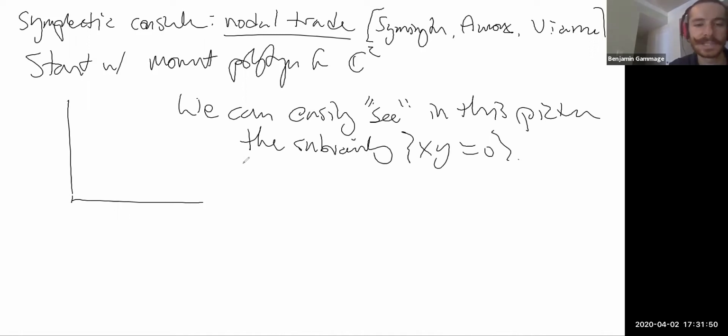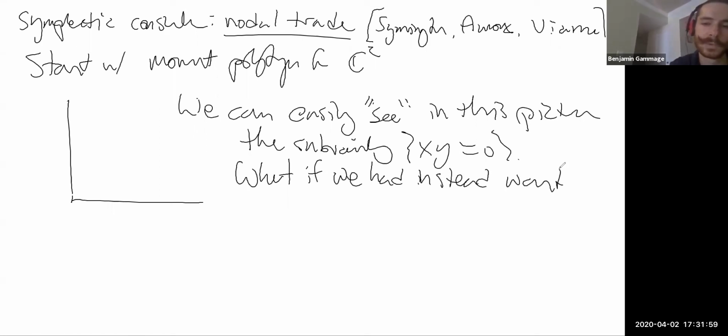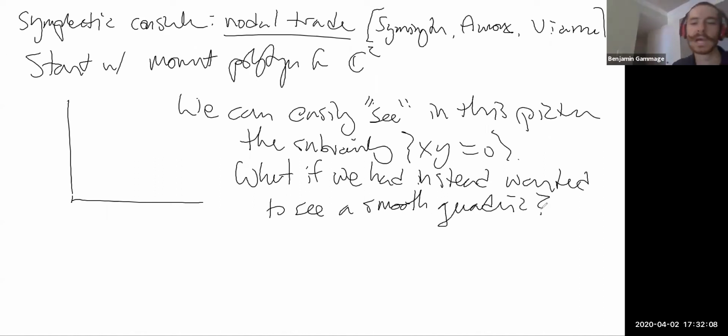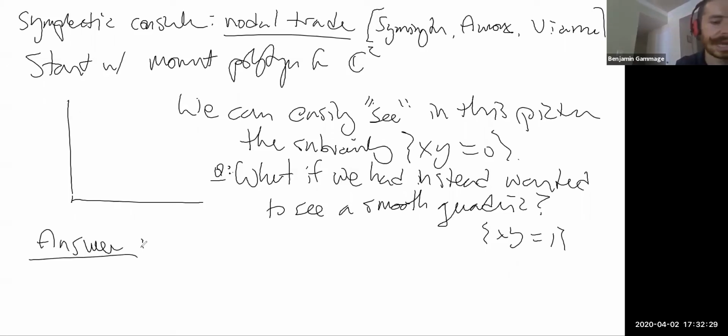But a motivating question is, what if we had instead wanted to see a smooth quadric? So instead of xy equals 0, something like xy equals 1. So that's my question. And the answer is, what you should do is modify the answer, introduce,